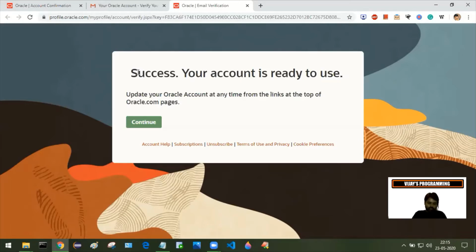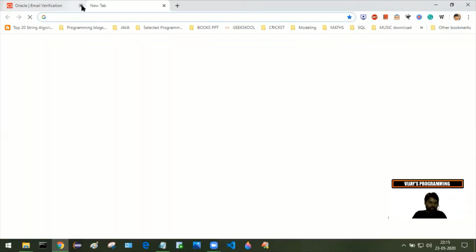So in future, if you want to download any software from oracle.com, you just need to sign in to your account and you can just download. After that, you can close all these Chrome tabs or whatever your browser tabs.